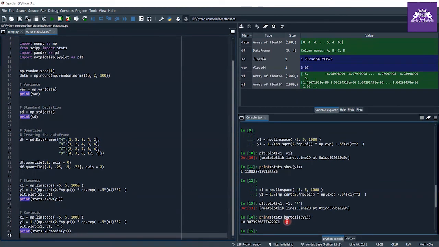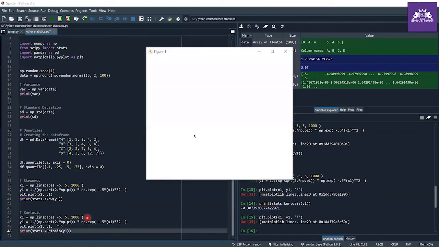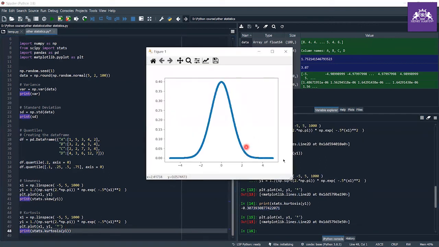As you can see, we have a kurtosis value of 0.3073 and something. So we can say that if the graph which I made is a little bit longer and has less skewness, then the kurtosis value may be equal to zero, because compared to the normal distribution, its height is less. That's why the kurtosis value is less than zero.